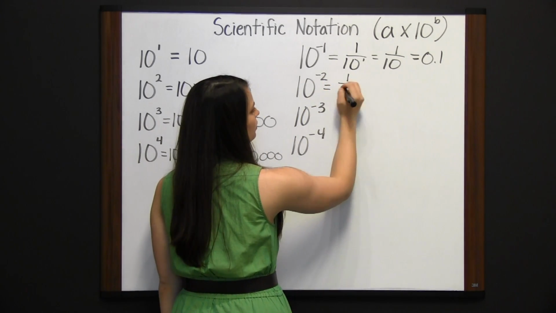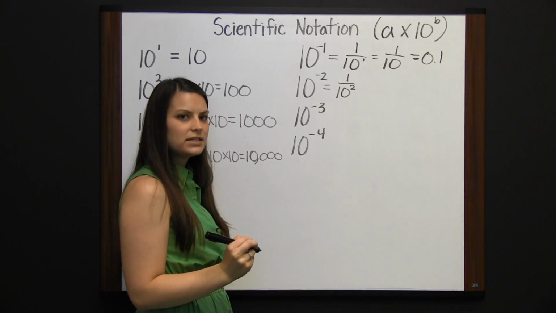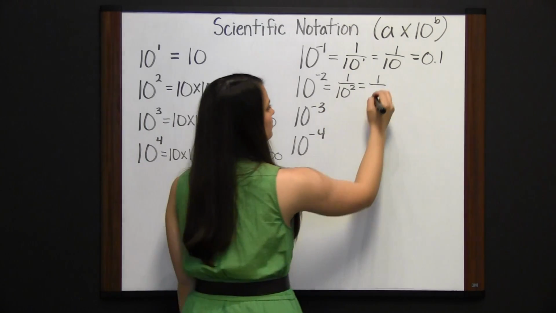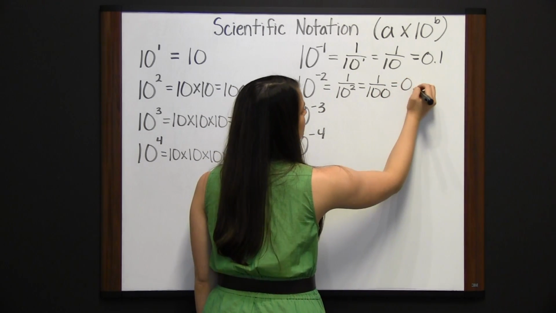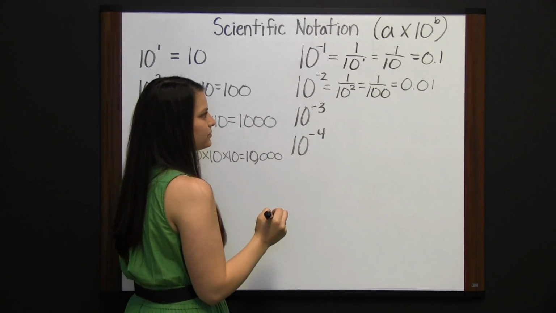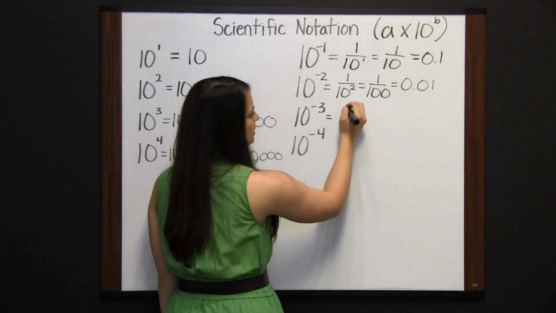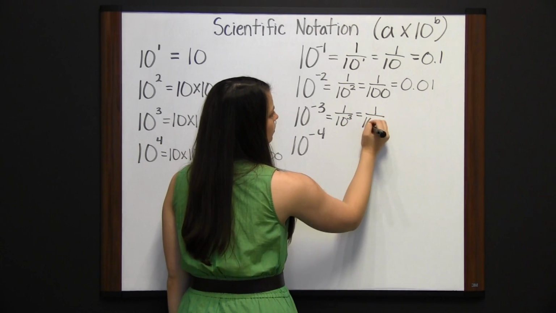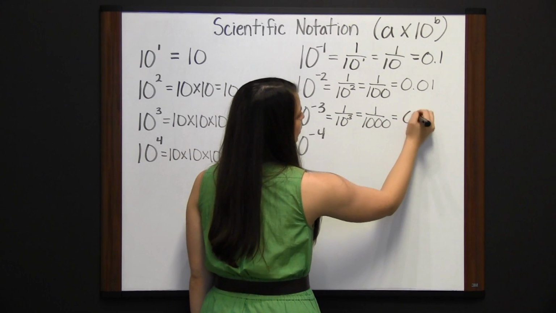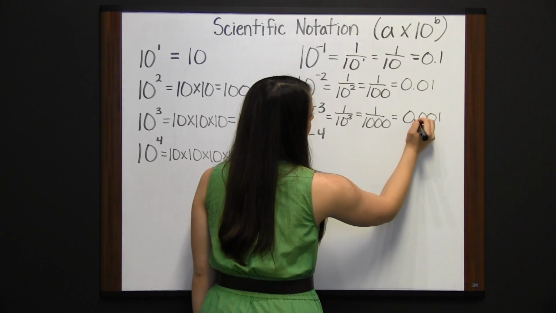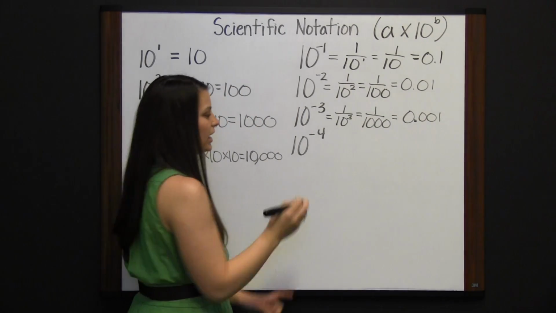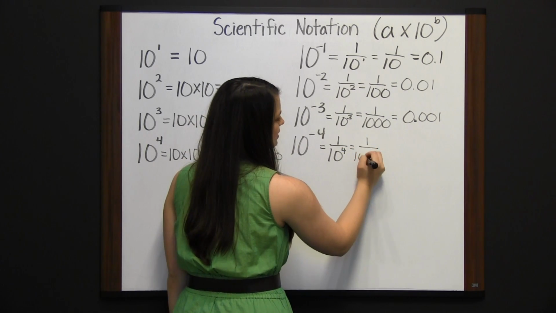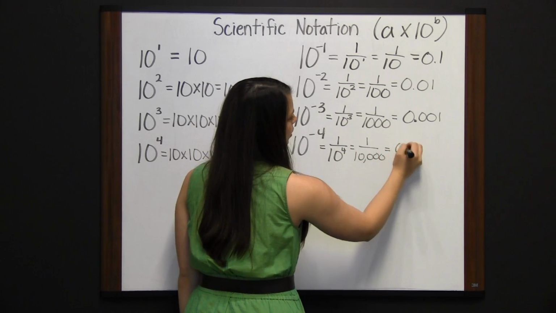So we take the reciprocal with the positive exponent, 1 divided by 10 squared, which is 10 times 10, which is 100, or 1/100th as a decimal. 10 to the negative 3 is 1 divided by 10 to the third power, which is 1 divided by 1,000, or 1/1000th. And then finally 10 to the negative 4, 1 divided by 10 to the fourth, which is 1 divided by 10,000, or